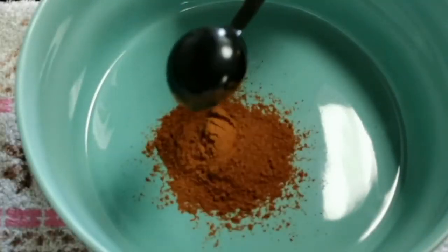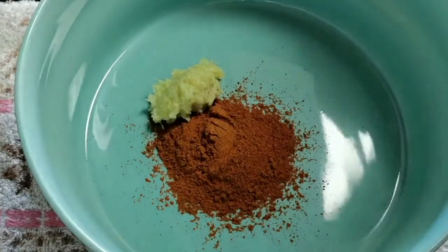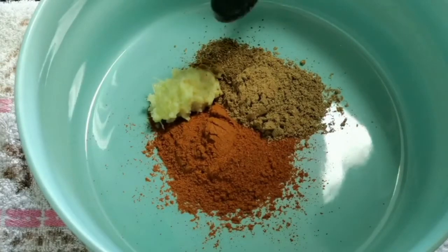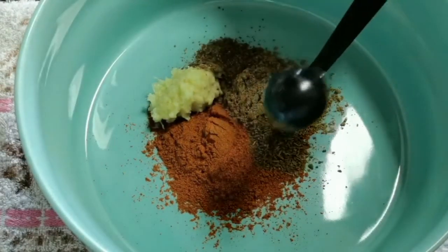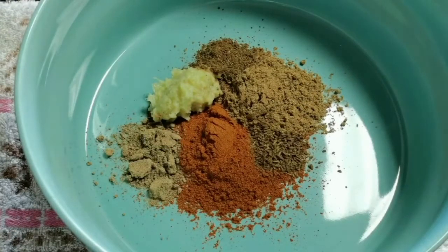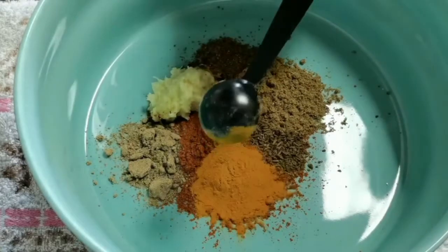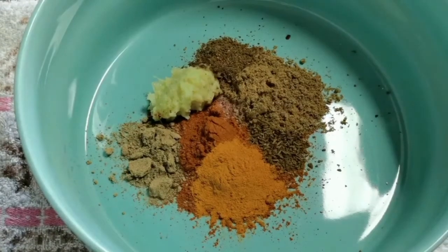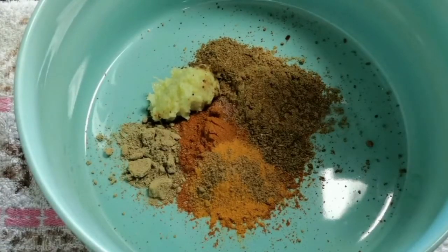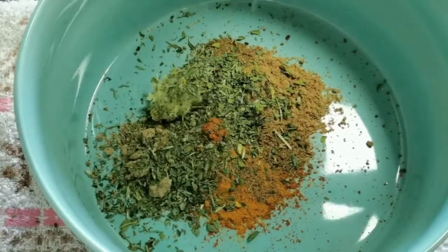Let's make tandoori potato. For that, in a big mixing bowl, add 1 tablespoon of chili powder, 1 tablespoon of ginger garlic paste, 1 tablespoon of coriander powder, 1 teaspoon of garam masala, 1 teaspoon of jeera powder, also called cumin, 1 teaspoon of mango powder, dry mango powder, amchur powder, quarter teaspoon of black salt, half a teaspoon of turmeric powder, quarter teaspoon of chaat masala powder, 1 tablespoon of kasturi methi, it's dried fenugreek leaves,